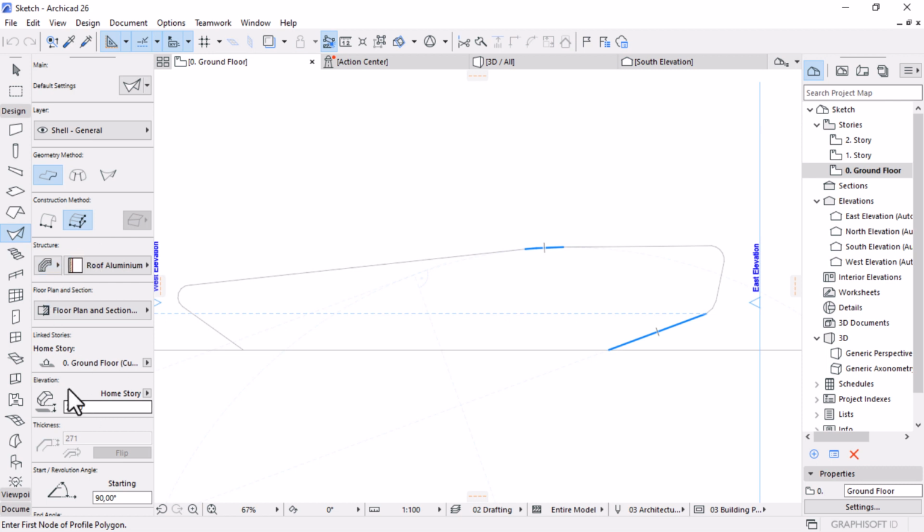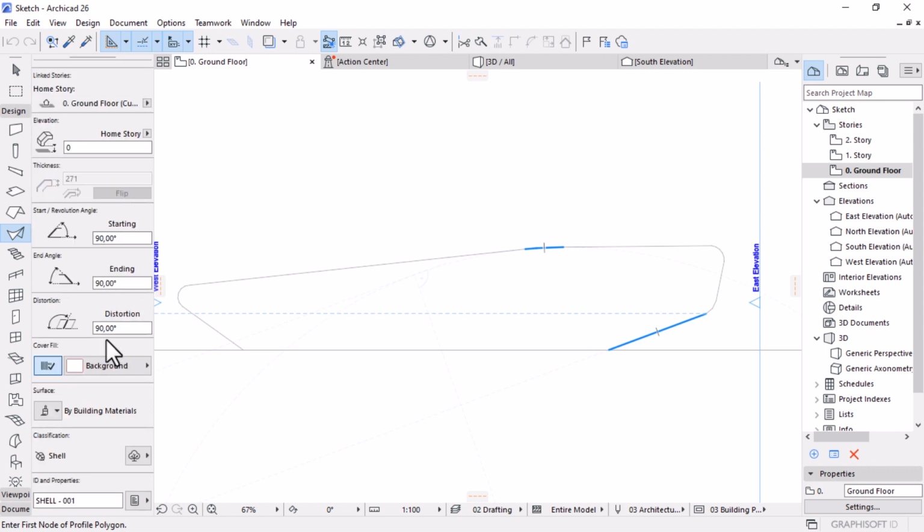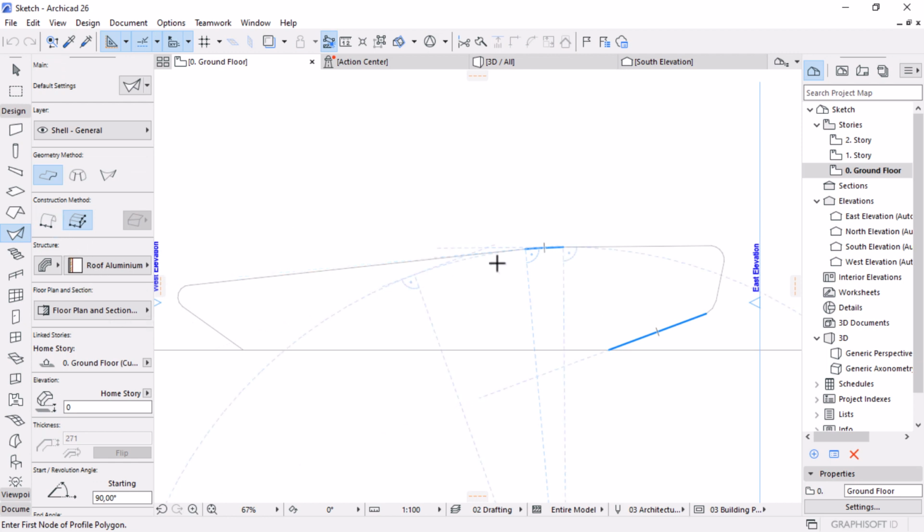Okay, so then let's move down here. The elevation on the home story, I want it to be 0. Let's just key in 0 there. Okay, and then once you're done, other parameters that are meant to be set later, parameters like the surface, we can come and change it later. So let's see now how you can apply our shell into this